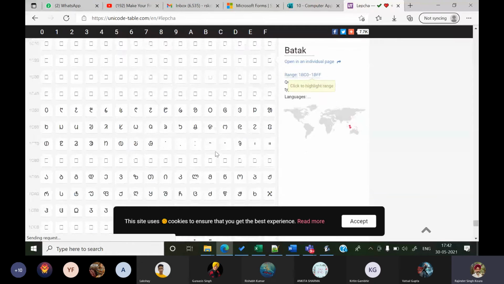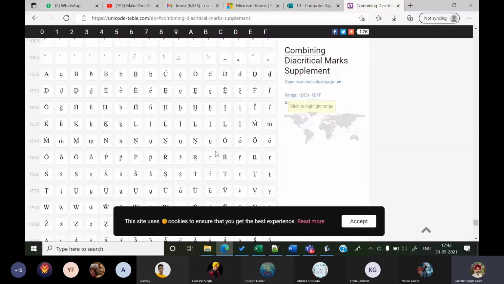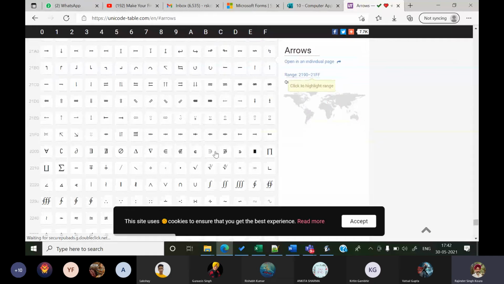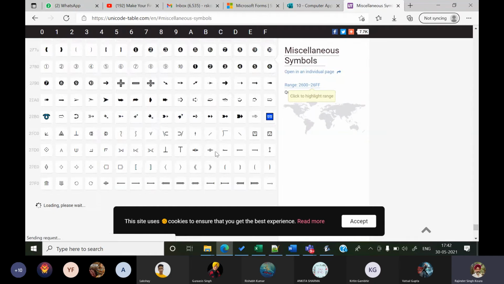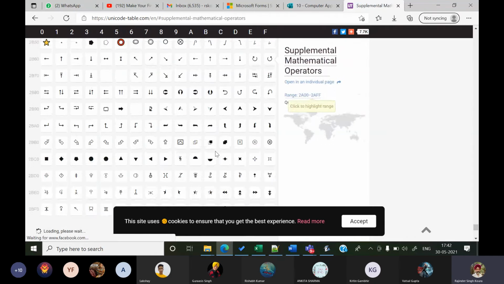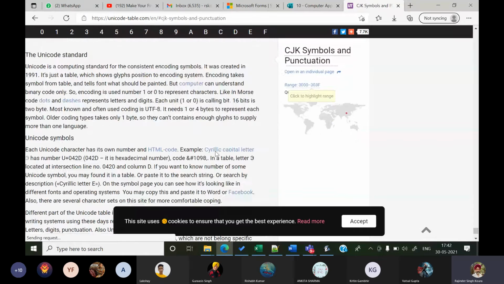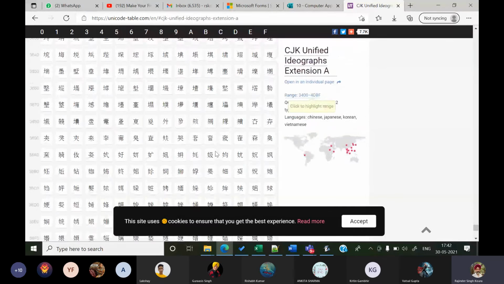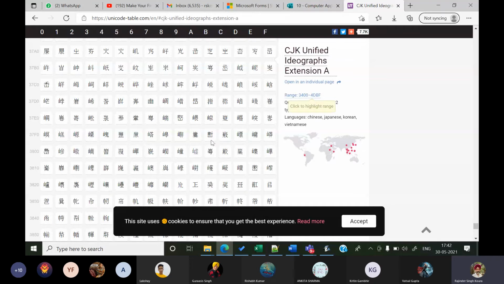Let's go down to the bottom and see. It will not go to the bottom now. Let me see how far we get. We've reached 14,000 so far, so I'll not waste our time going to the bottom.